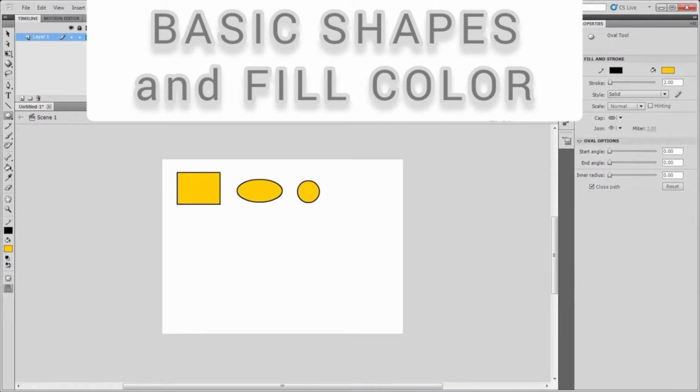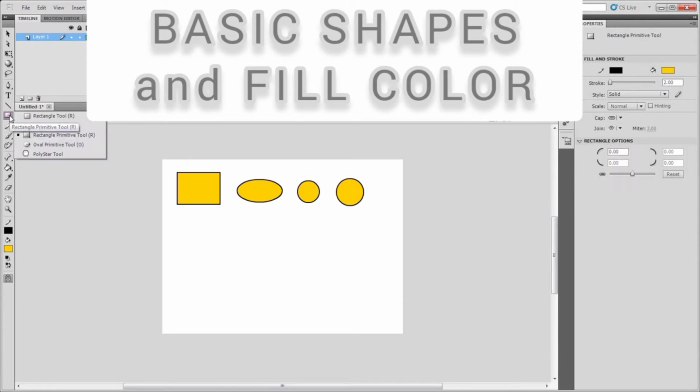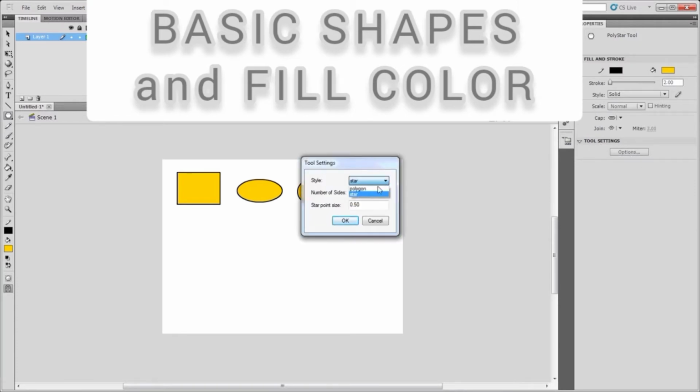A cascading menu will appear. Select oval or other geometrical shape. Choose the fill and stroke color as needed and select the stroke style. Bring the mouse pointer on the stage and drag diagonally to draw the object. So this way we can add different objects, different shapes.